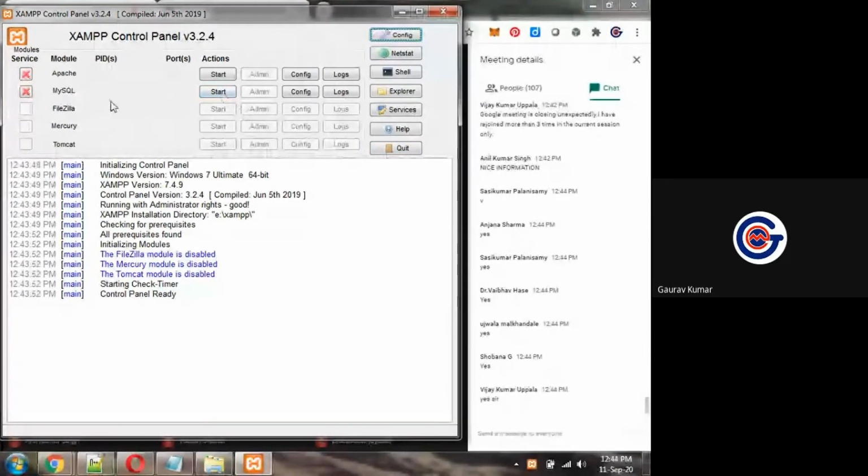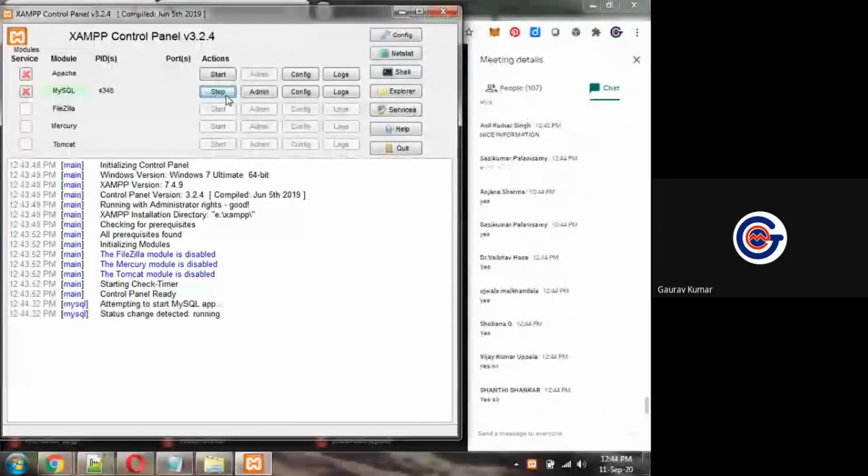First of all, we start the MySQL server. So start. After starting MySQL, we start Apache. Only these two things, nothing else. I'm repeating this point. Only after installation of Bitnami Moodle, we open the control panel. First, we initiate the MySQL server and then the Apache server. After this process, we open Moodle in localhost. What is localhost?